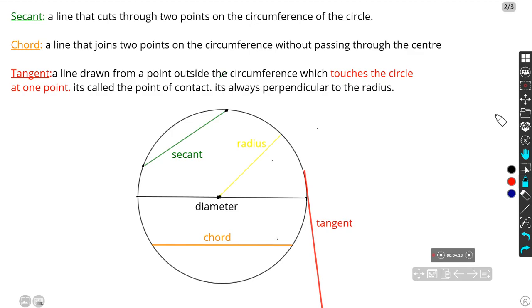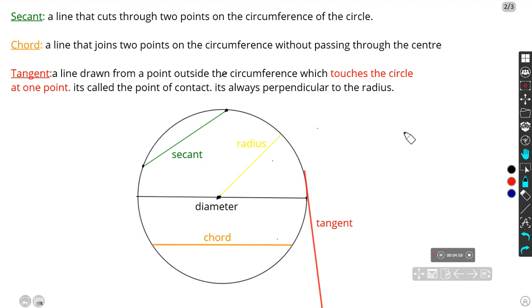And then I guess we go to tangent. Now, what is a tangent? A tangent, it is a line drawn from a point outside the circumference which touches the circle at one point, right? And then it's called the point of contact. That is very important. Sometimes, especially with theorem number 7, they give you a statement and you need to know, okay, there's a tangent somewhere, somehow. And then a key one also, you need to know that it is always perpendicular to